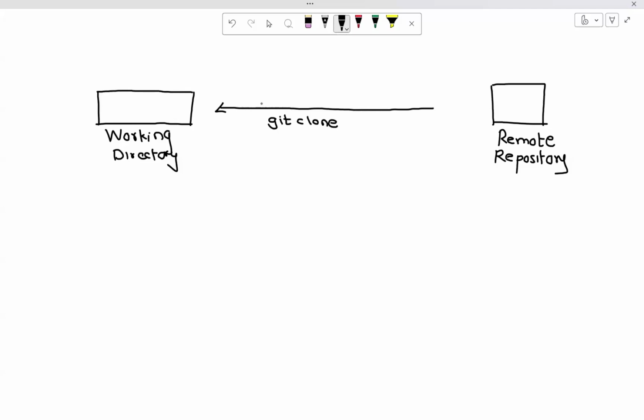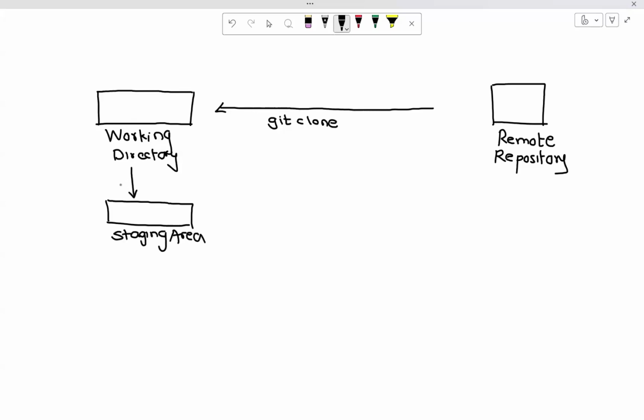Further, when you're working in the working directory, as you go further, you will add it to the staging area.